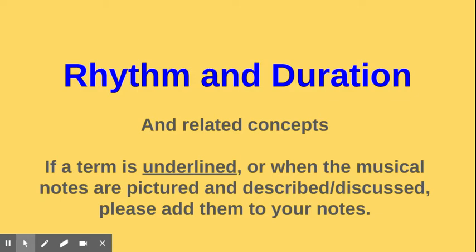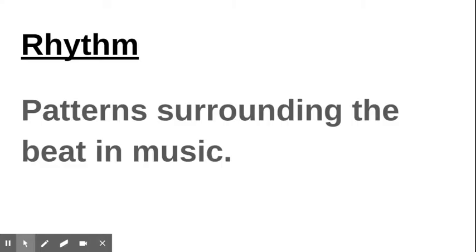It's tricky to spell if you're not paying attention, but rhythm refers to the patterns surrounding the beat in music. So the beat is involved, but we're actually talking about the patterns around that. I'm tapping on the table now. If we're supposed to sing something that has a rhythm like this, it's not just the beat. There's a pattern involved there. So our definition for rhythm will be patterns surrounding the beat in music.